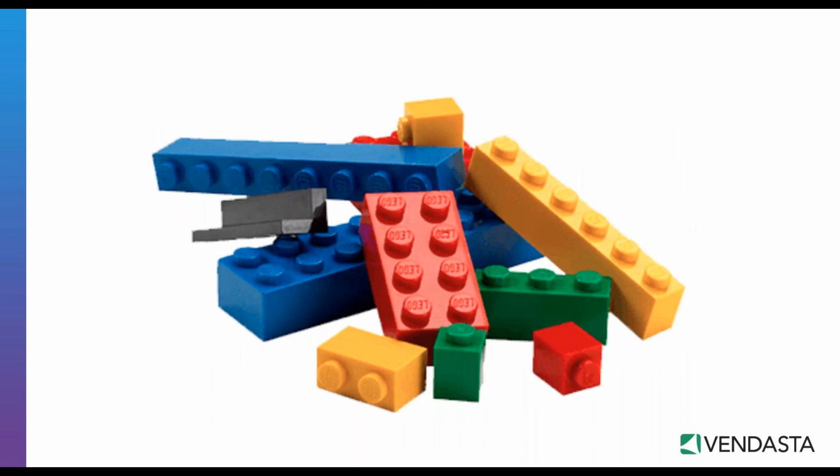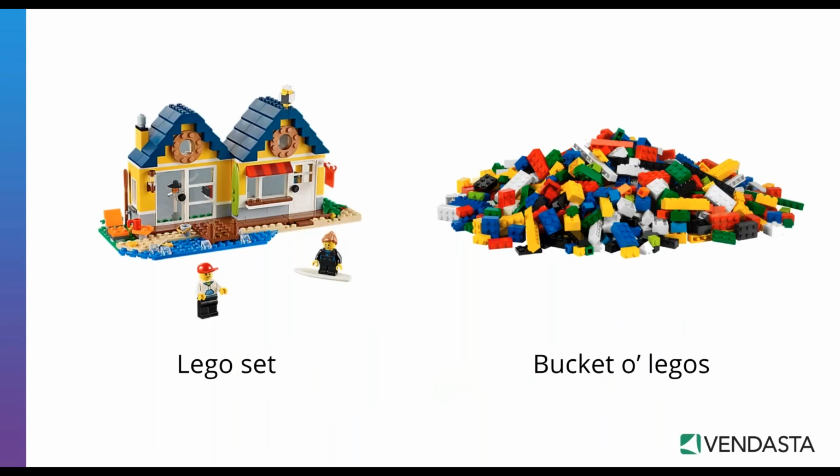And a great way to think about all of this is how many know what I'm showing on the screen? I hope most of you do. You should recognize Lego. If you don't recognize Lego, I would recommend going out and getting some, because even as not having a child or not being a child anymore, they're still a great toy. But the reason I wanted to show the Lego is we really like to use the analogy of the Lego kits or the Lego set for Website Builder. It's a great way you can get started. You can use the instructions, whereas otherwise you're presented with a whole bucket of Legos and what exactly are you doing with them? How do I get that pretty house built? Whereas the Website Builder is going to help you step by step to build that